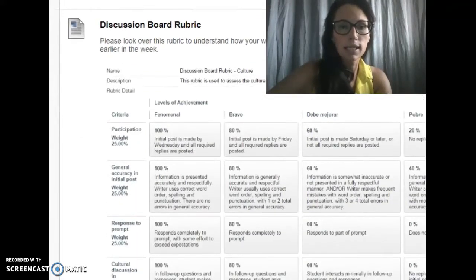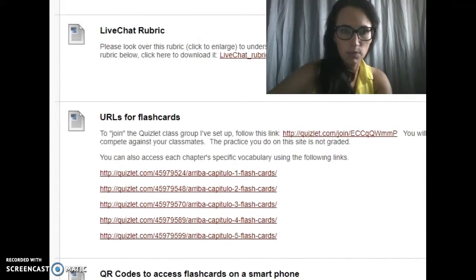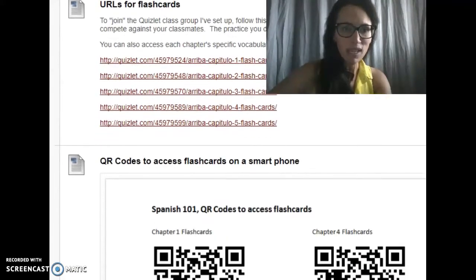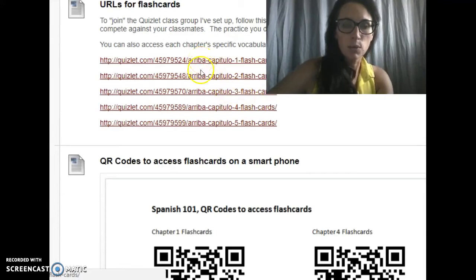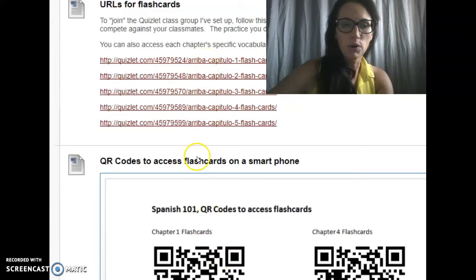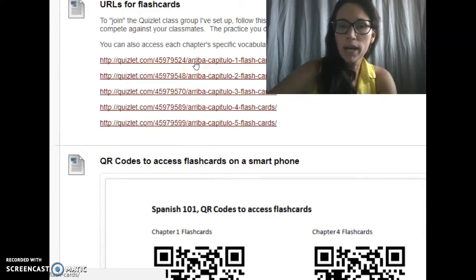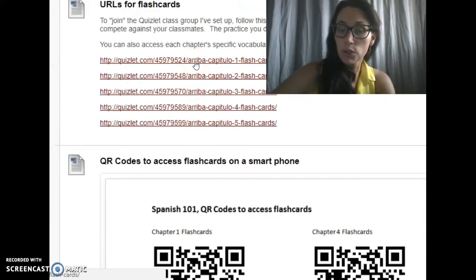So let's see, the next thing that I wanted to point out, so I'm going to scroll down, hopefully it won't make you seasick, are these flashcards. So you can click on any one of these Quizlet links. So there's one for each chapter, each vocabulary chapter. I also have QR codes down here that you can scan with your phone for a quick way to get access to them. And then once you access those in Quizlet, you can save those to your own Quizlet account,